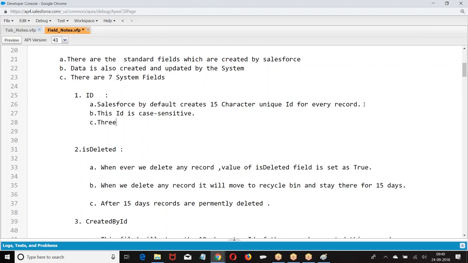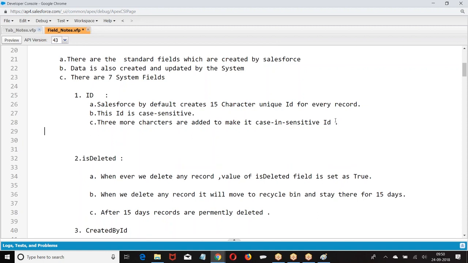Three more characters are added to make it 18 characters.